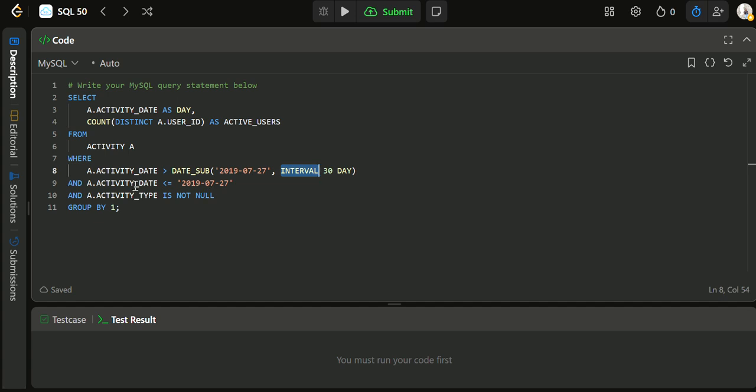So the activity date has to be less than equals to the reference date and it has to be greater than the minimum day of the duration, which is obtained by this expression of date sub. So by these two lines we are making sure the date is within that particular duration, and after that we